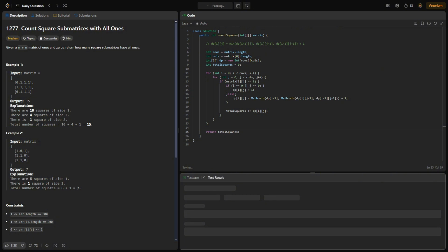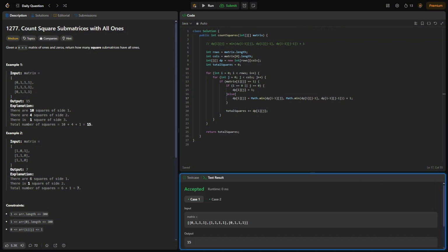So if we run this, this passes our test cases, and if we submit this,